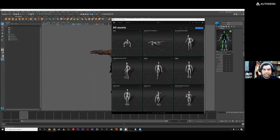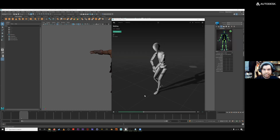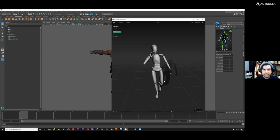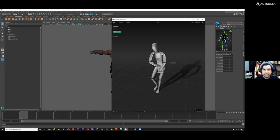As you can see, we have a ton of assets here that we see immediately. If you hover your mouse over these assets, they'll start playing. You can rotate around. We have some basic information here. You can also double click into these assets and you'll get an expanded view, and you can rotate around more. You can play with the playback here. So if I want to watch this in slow-mo, which can be really helpful when you're looking at some action mocap, this can be kind of cool. We also have information about the publisher and some general information. And so if we jump back out here,